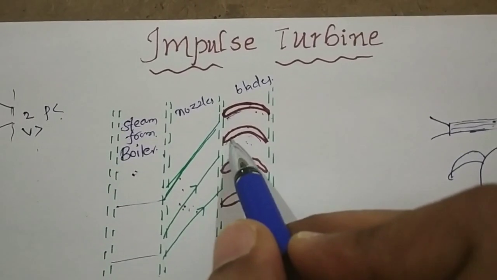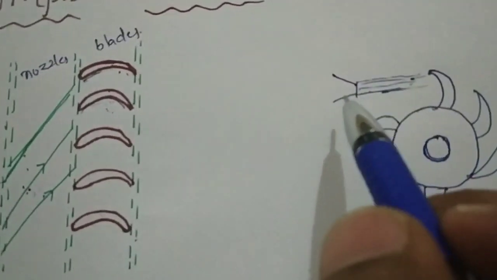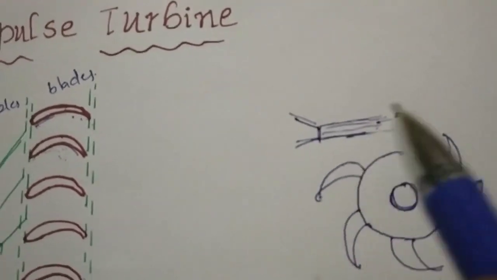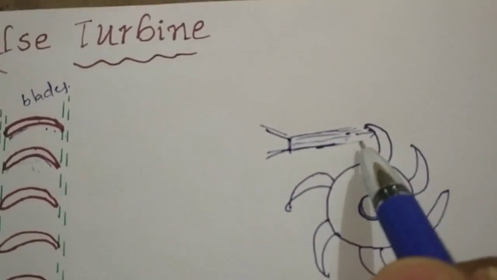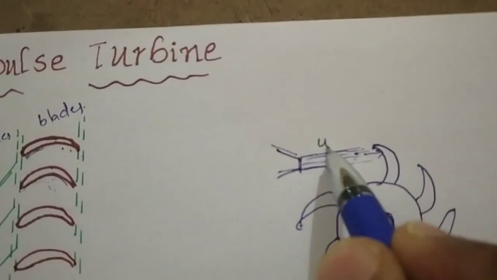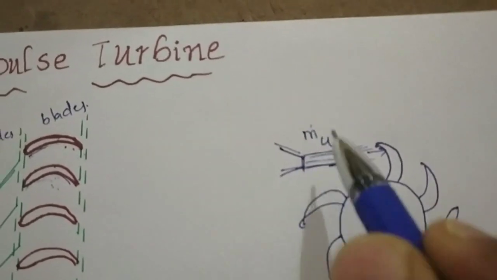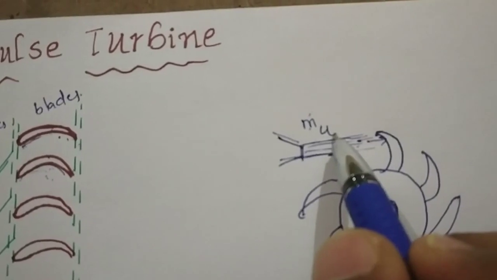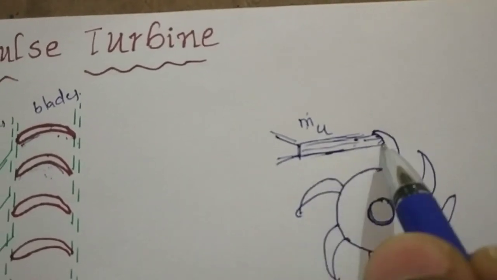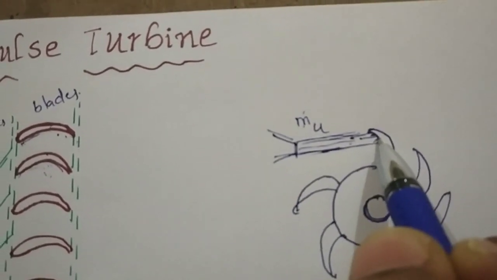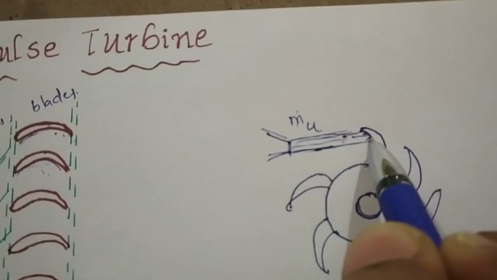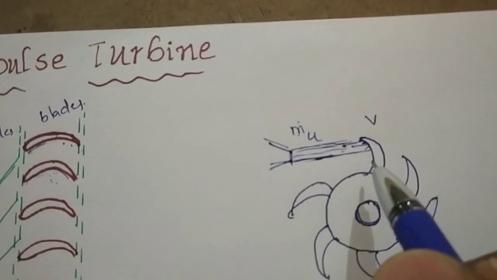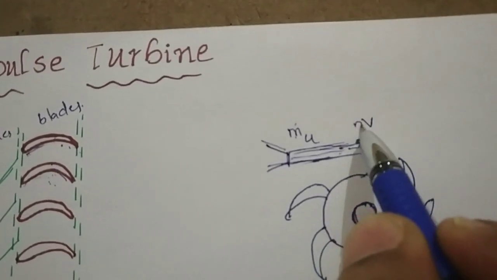Now when the steam is entering the blades, for example, from the nozzle a jet of steam forms, and the steam touches the blades. Here the steam has some initial velocity u and some mass m. When the jet strikes the blades, what will happen? The velocity will change, or decrease. That is, the final velocity will be v, and it also has some mass.